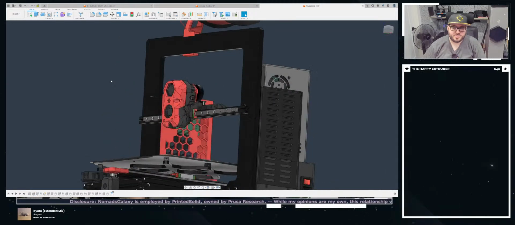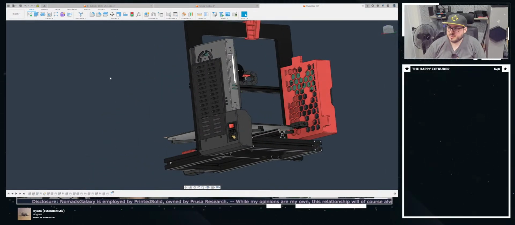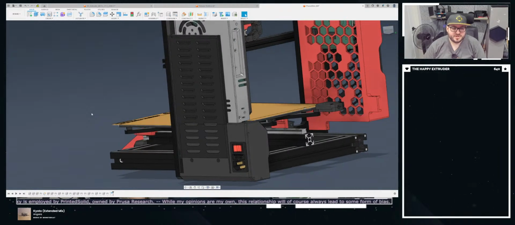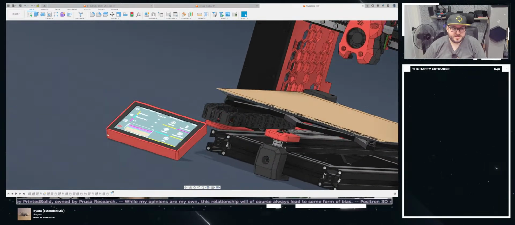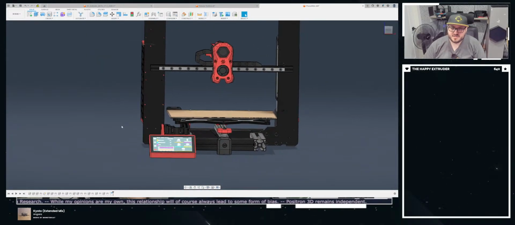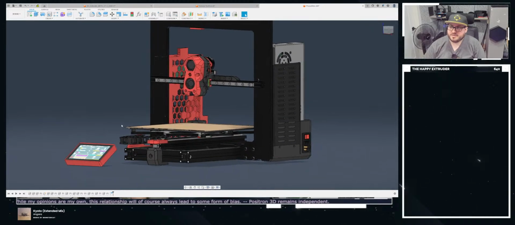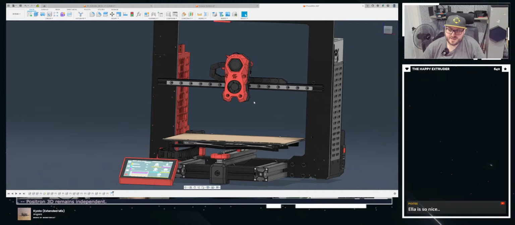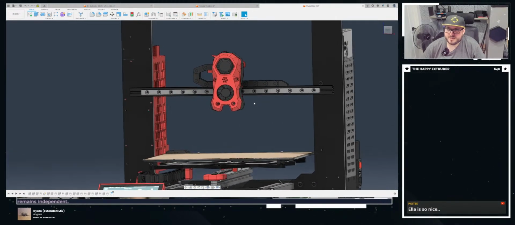So we got a Prusa power supply in here, because I think we're just going to go with the Prusa power supply. I don't see why we wouldn't. And the LDO touchscreen assembly. A massive shout out to Ella Fox. She's been working on the new strain gauge, and she's been doing a phenomenal job. We brought her onto the team because she's been helping us with the 3.3 toolhead, and she's just been going absolutely buck wild. And yeah, she is so sweet.